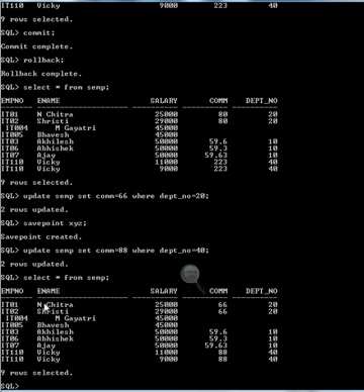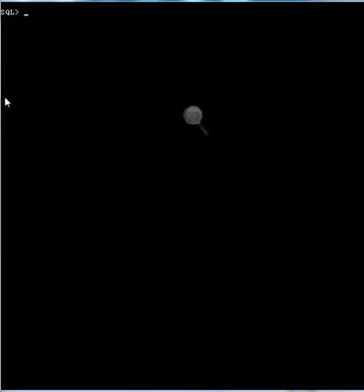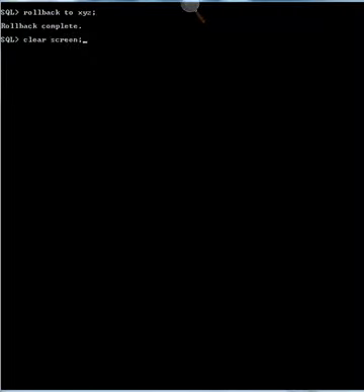Now let's try to roll back to point XYZ. First clear the screen. Now rollback to XYZ. Rollback complete. Now let's see the values.